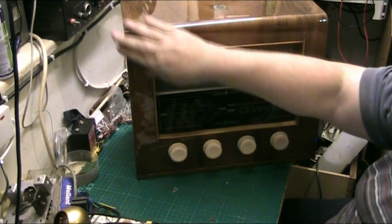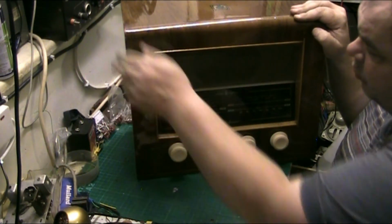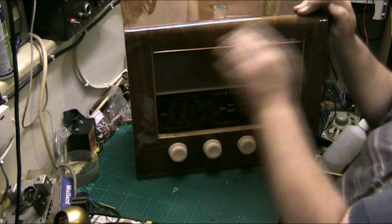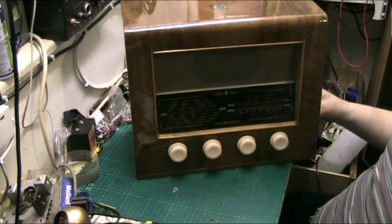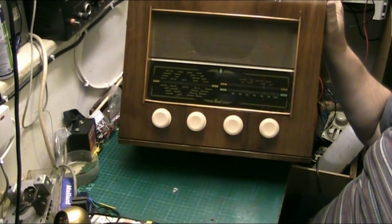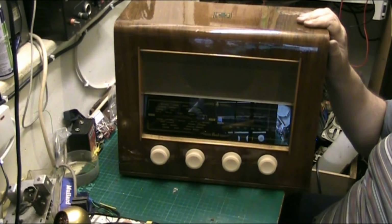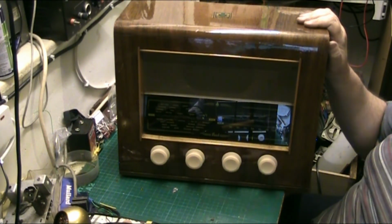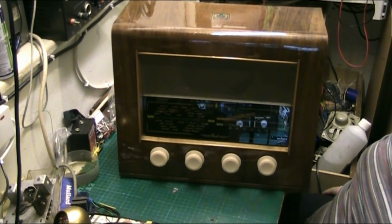Man, it's not really a radio, this is it. It's a wireless. It's acquired one or two scratches. I'm sorry about that, mate. But you know, since this came in, the one thing I've been looking forward to doing is putting the knobs on. I'm going to put the chassis in properly now, folks, and put all the screws in. Everything can be screwed into place, and then I'll give it a wipe down, stick a plug on it for him. And before